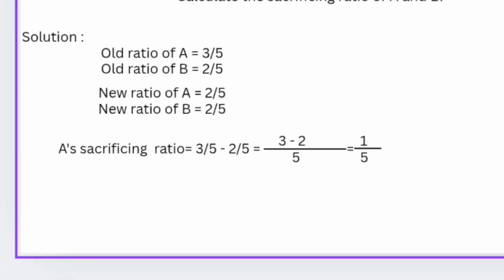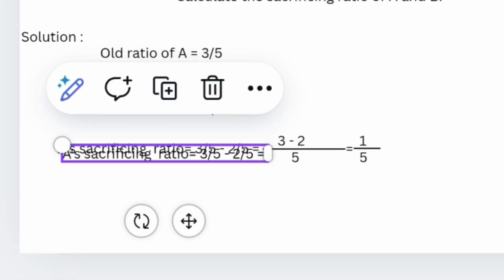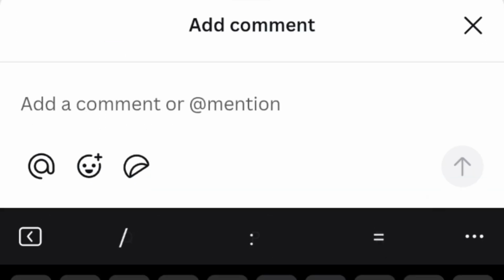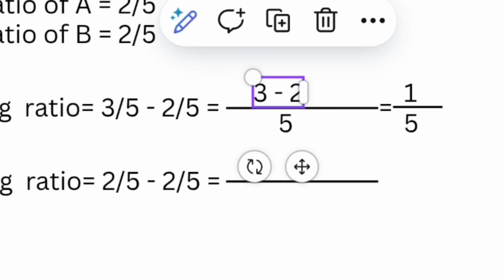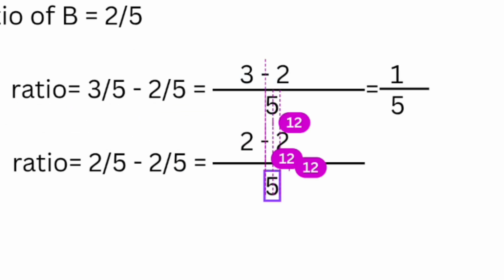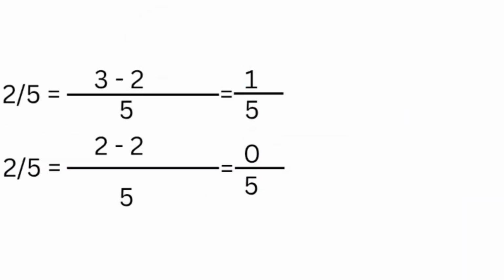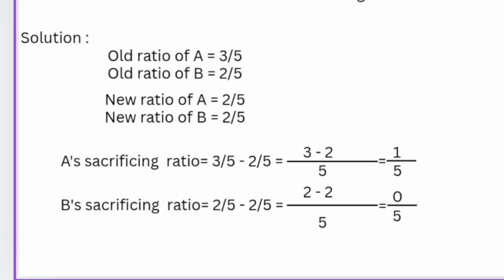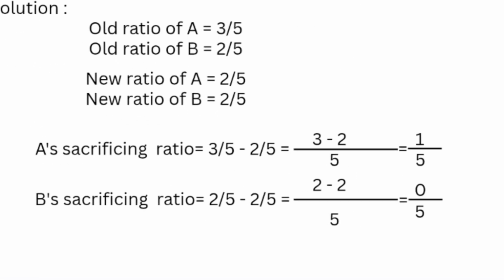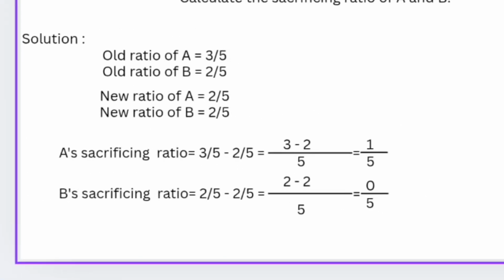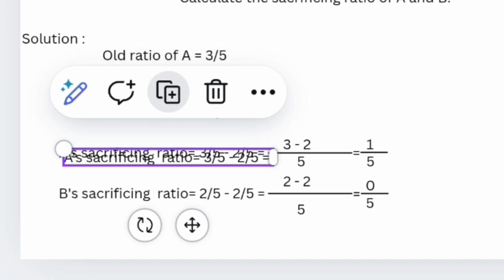And now B sacrificing ratio. This shows that only A has the sacrificing ratio, which means only A sacrifices. So we'll write